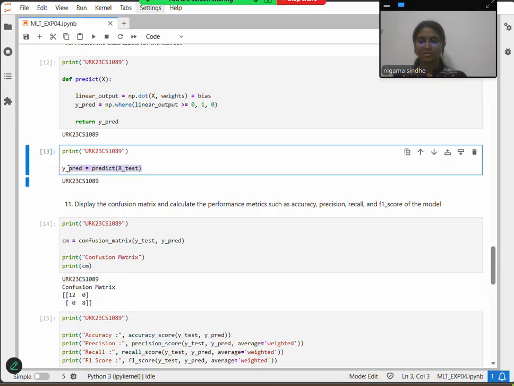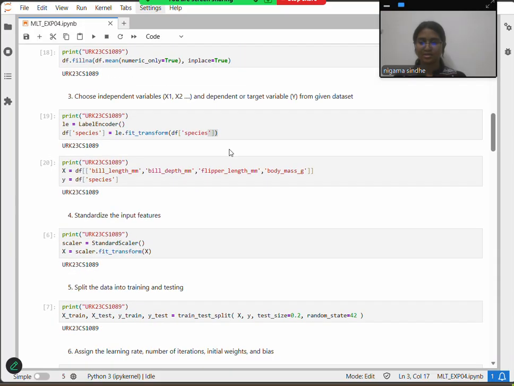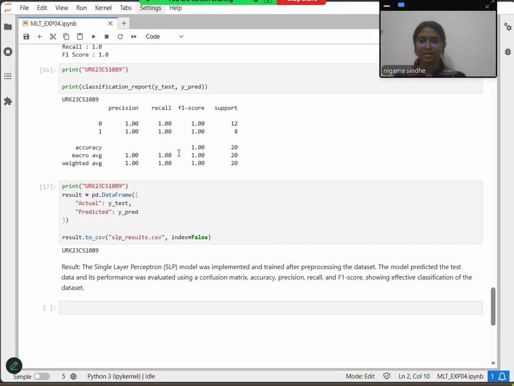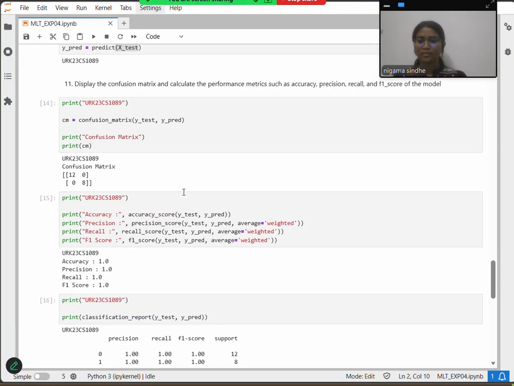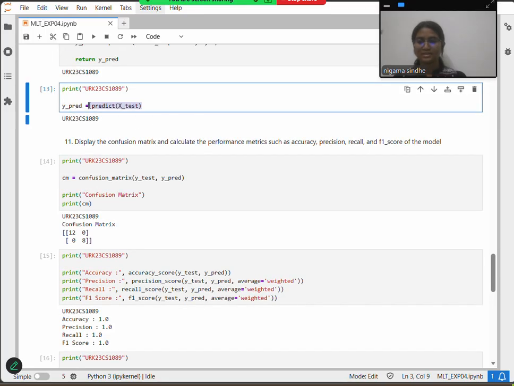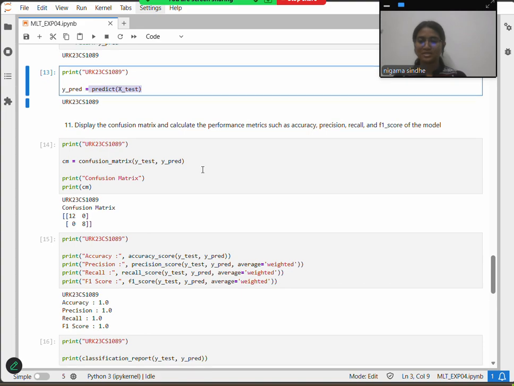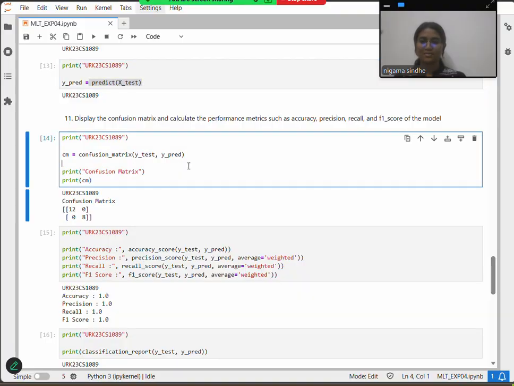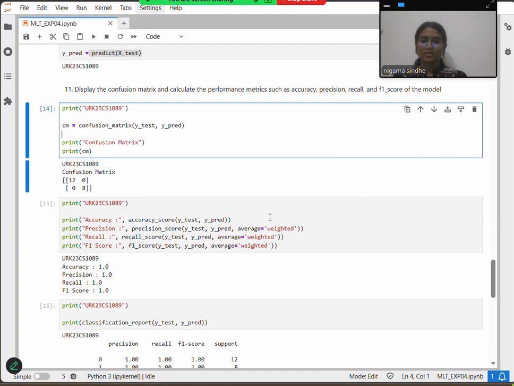So y_predict is equal to predict x_test, which is nothing but after testing the x split data, as we have split the data here, x_test. So the tested data is being used in order to predict the target variable. So here we are going to take y_predict and predict the x_test from the tested data, and in order to build this confusion matrix we need y_test and y_predict, which are taken from this loop. So the confusion matrix is built,